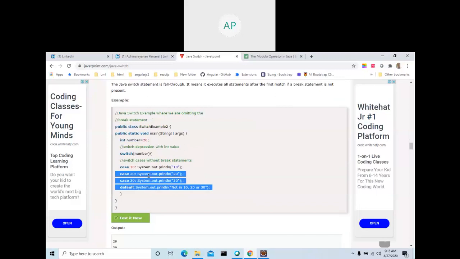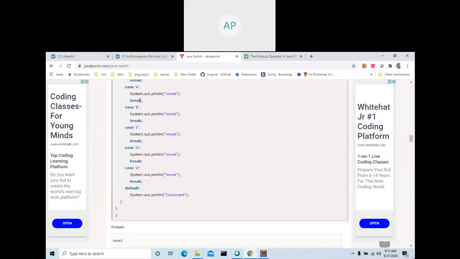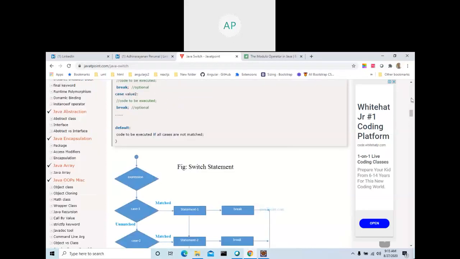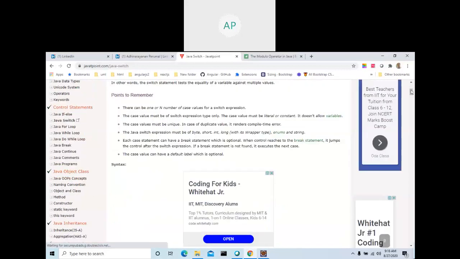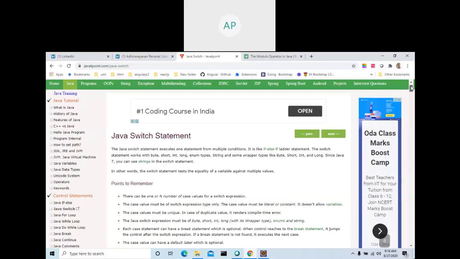After 20, it will execute all the rest because it does not encounter a break. Whereas in if else, only one will run. Here, very important, after a condition is evaluated as true, if you do not put a break, all other cases will execute.